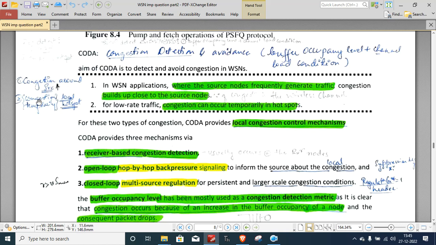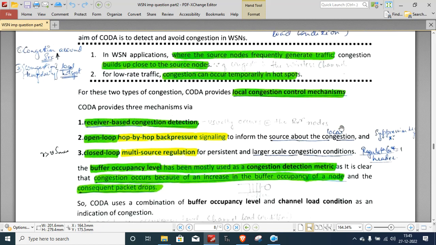And the other place where we can find congestion is temporary congestion at local hotspots. For these two types of congestion, CODA provides a local congestion control mechanism.